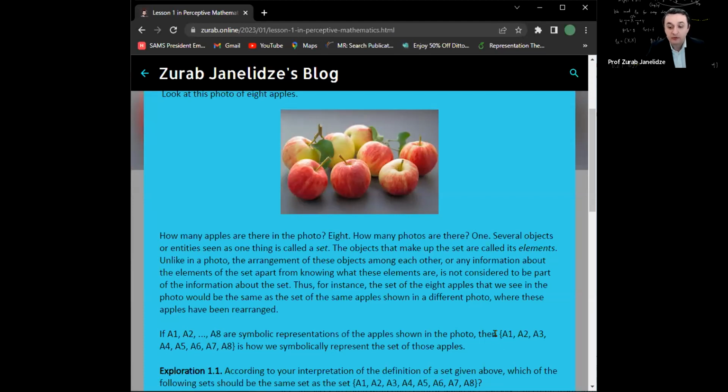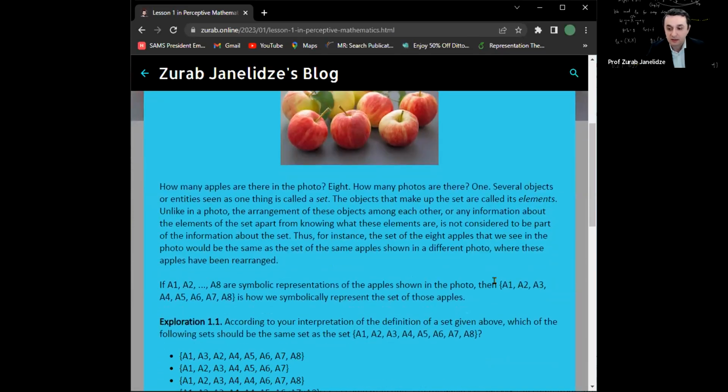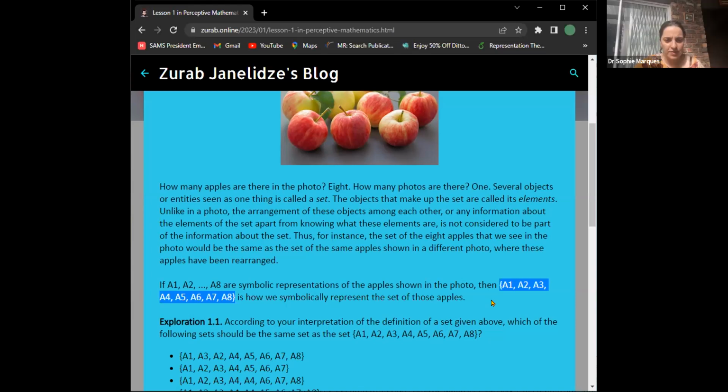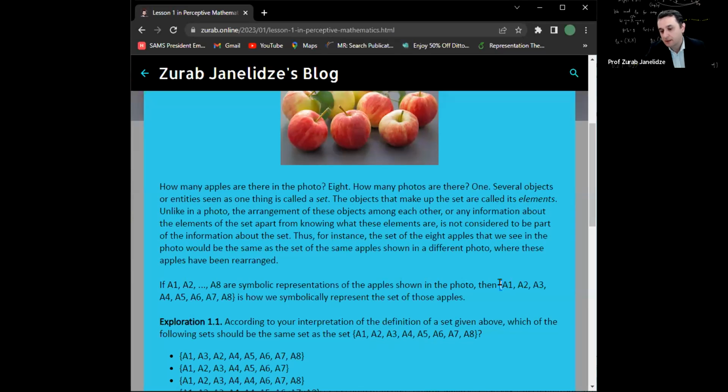But then when we want to think of these 8 apples as one thing, in other words, as a set, we put these curly brackets around the list of the apples. So, Sophie, are you able to see when I highlight? Yes, I can see it. Wonderful, thanks. So this would be the set of these apples, and the curly brackets here mark the fact that